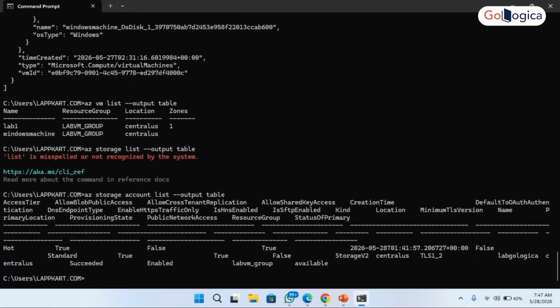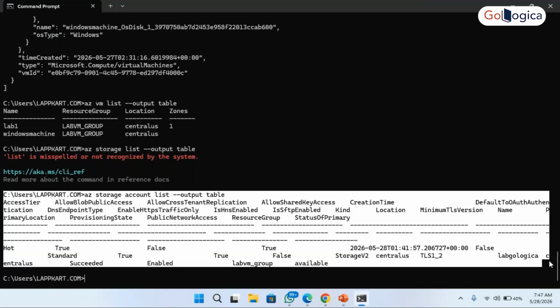Can you see? Now, if we want to see the files under this,